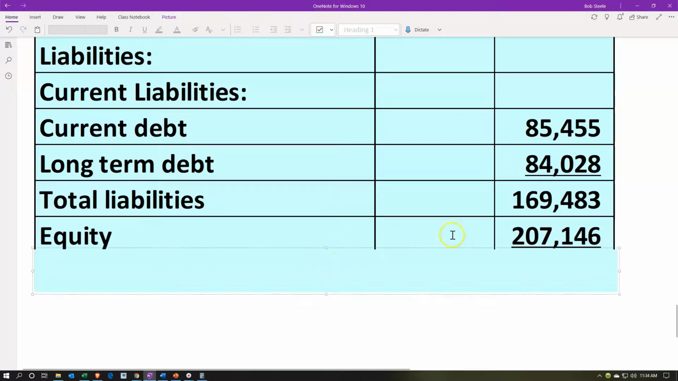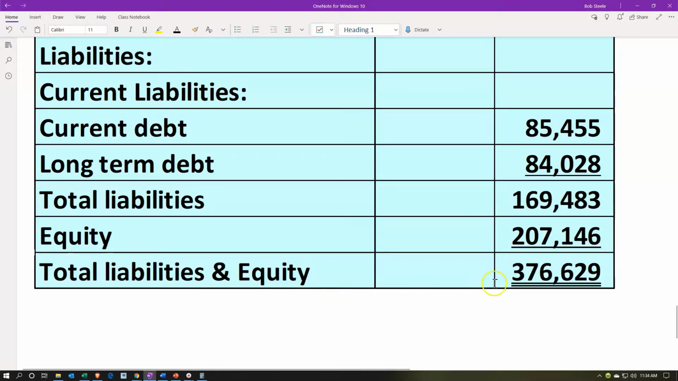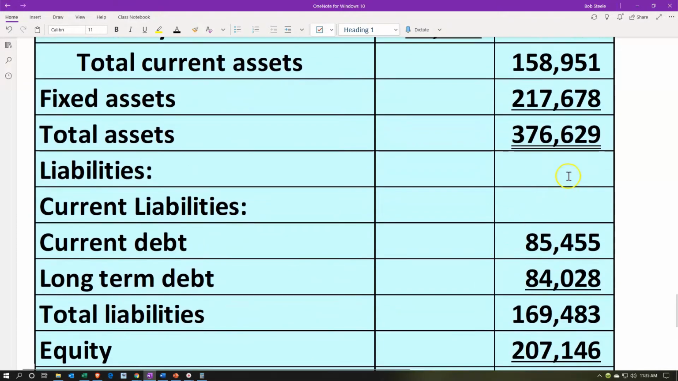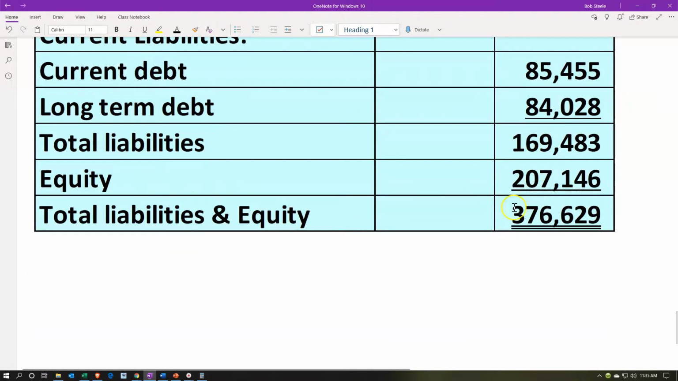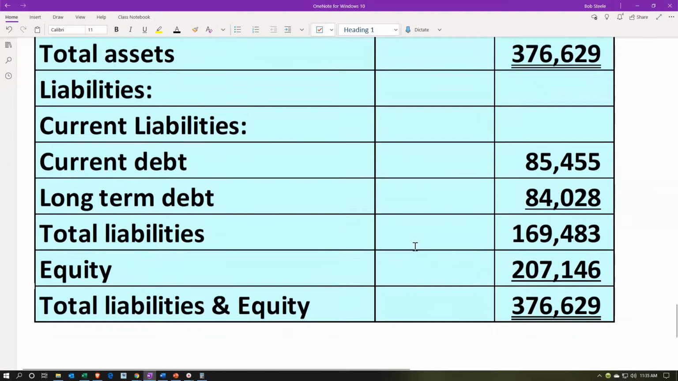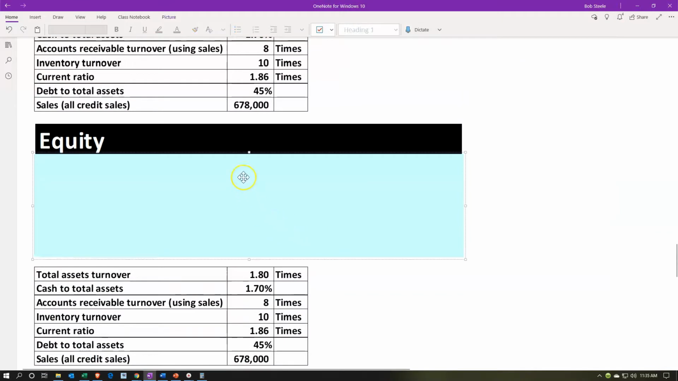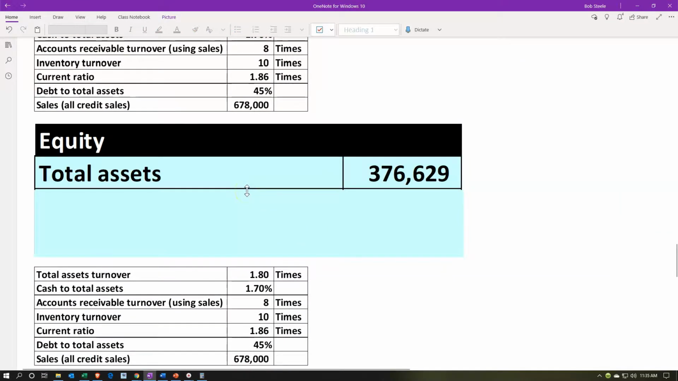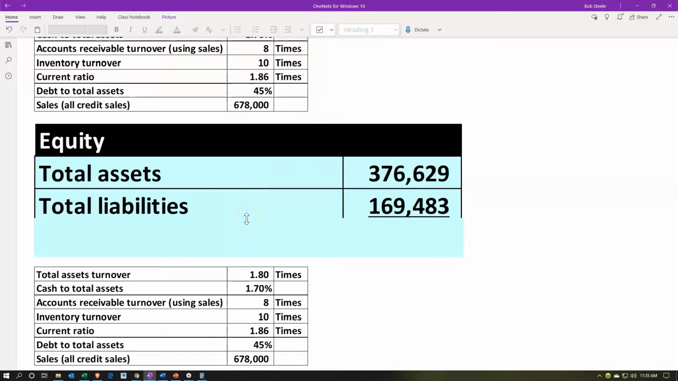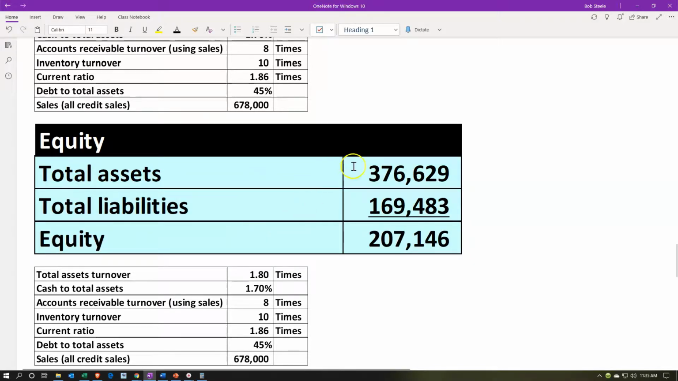And then we have the equity, which once again, we don't know. But we do know that the total liabilities and equity are the 376,629, because that's got to be equal to the total assets. So once again, we can back into the equity number, and you'd probably do that while you construct the balance sheet. But then we'll pull that out in a separate calculation here for equity. If we think about the accounting equation, assets minus liabilities is going to equal equity. So assets minus liabilities equal equity. We can obviously subtract this out. We get the